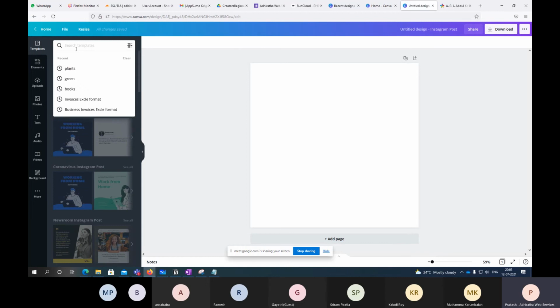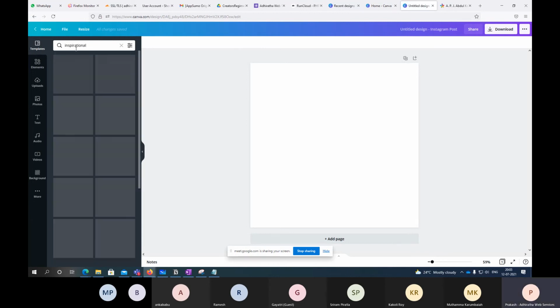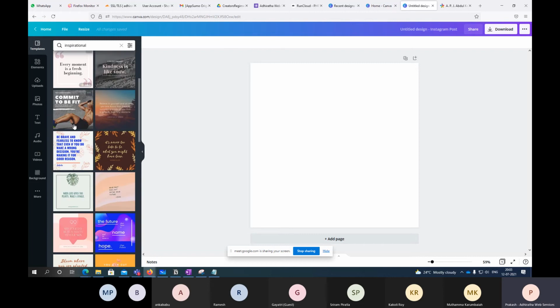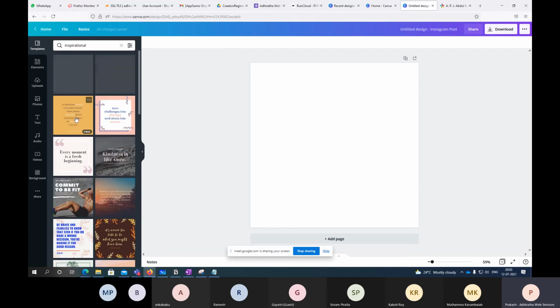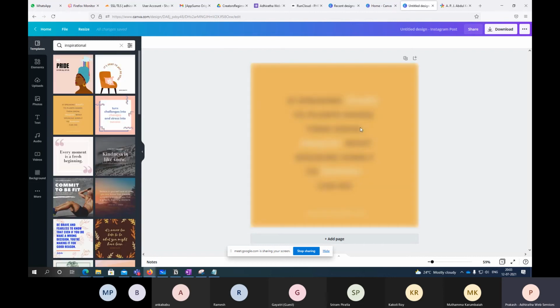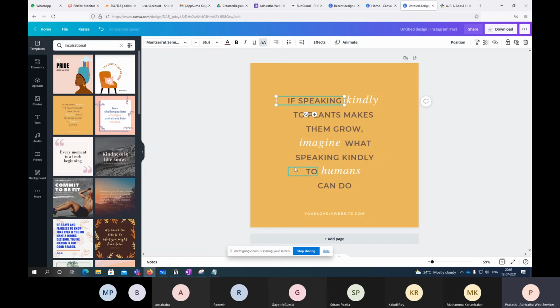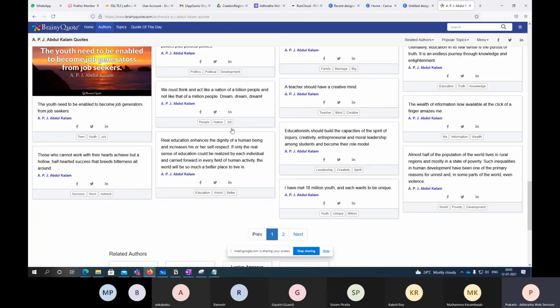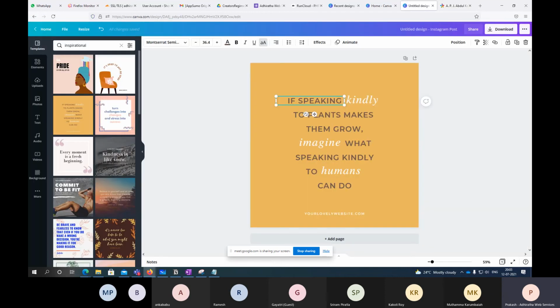Here you just type inspiration or inspirational. You will get some templates, some of which are free also. See, this is free. Now here, one poster you create with Mr. Abdul Kalam's quote. Another poster you create with something else.